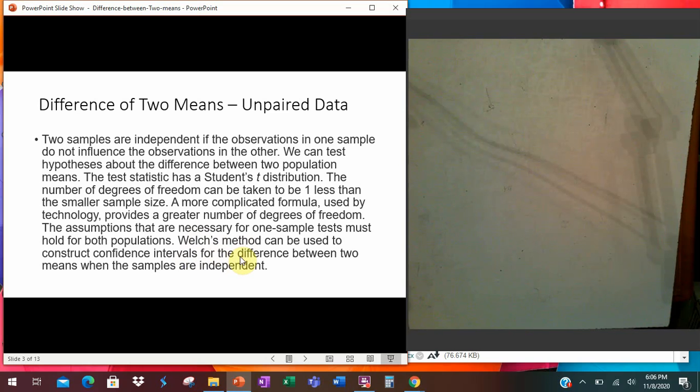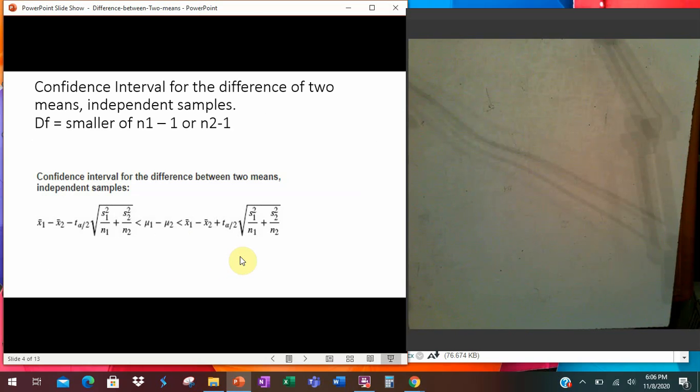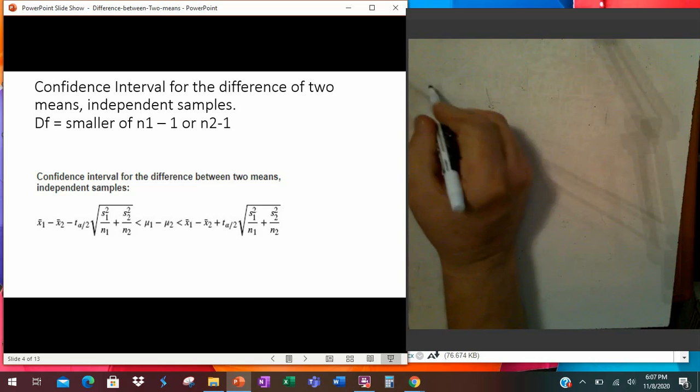This thing that we're going to do is called the Welch's method. Okay. So let's start out with the confidence intervals for the difference of two means, independent samples. Degrees of freedom that we're going to use when we're calculating is just the smaller of n1 minus 1 or n2 minus 1. And then when we calculate that confidence interval, we're going to use this formula, and basically it